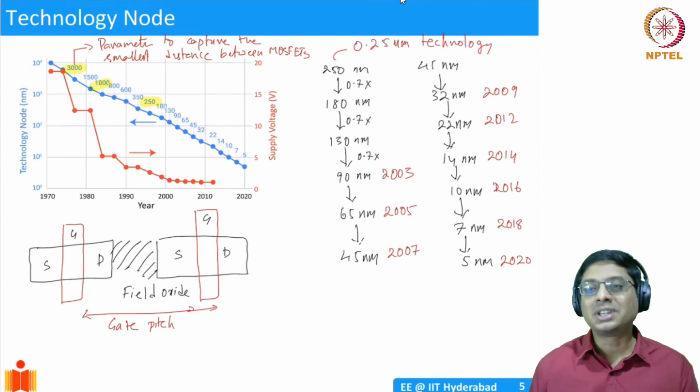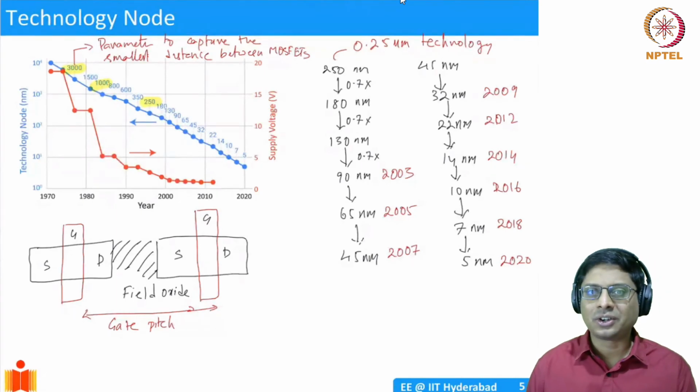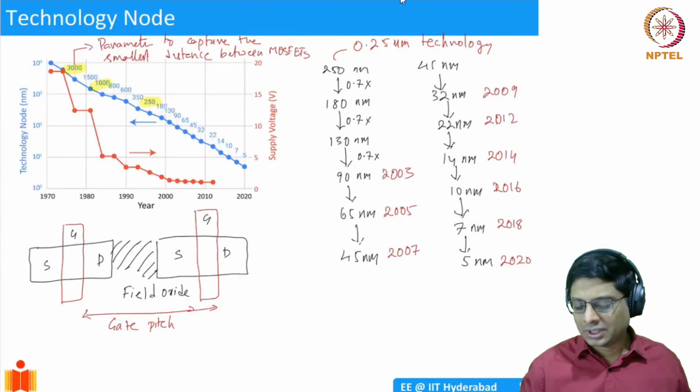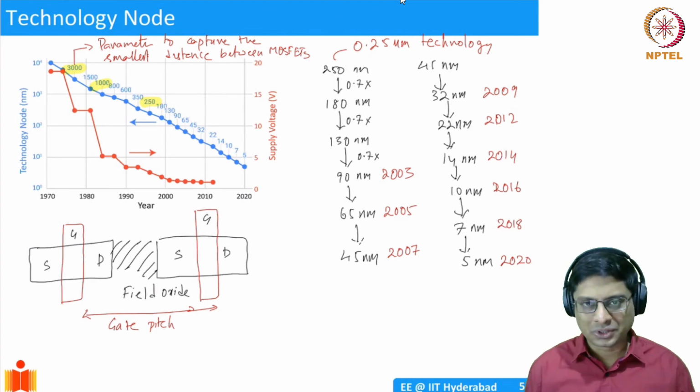The semiconductor industry tries to keep up with that sort of trend. Even though effectively now the transistor size is definitely not such that you have 2 transistors spaced by about 5 nanometers. It's not true. It's much more complicated than that. But we still use this notation, in a kind of homage to Gordon Moore's prediction.